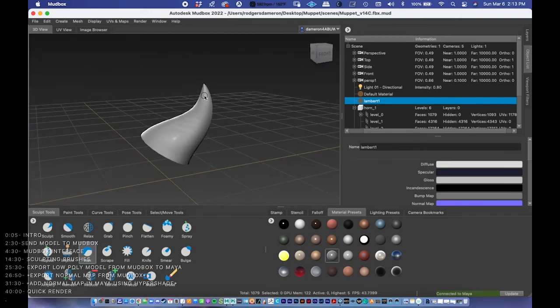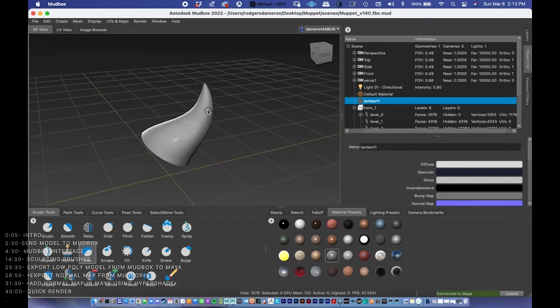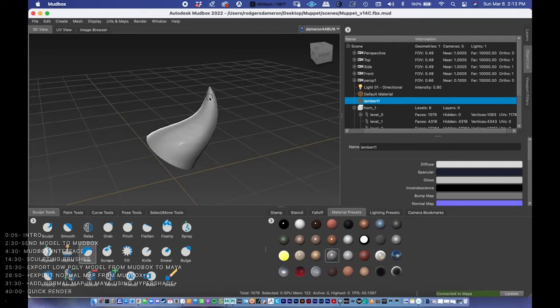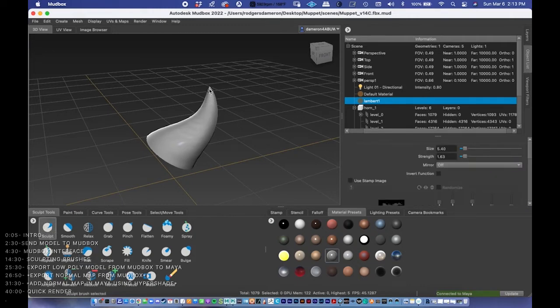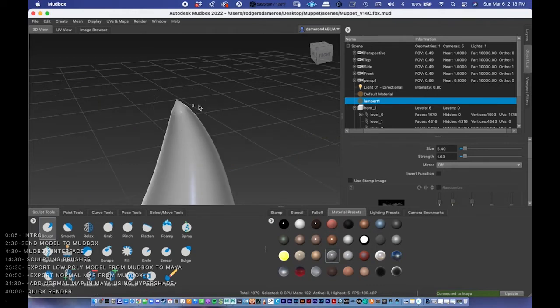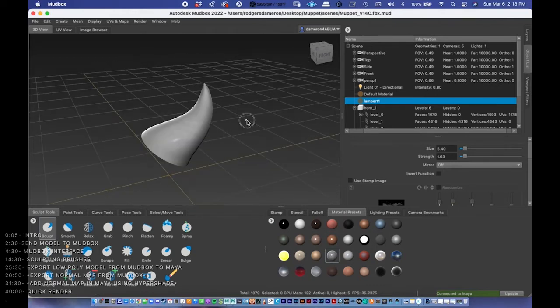If you want to zoom in on the model, you can press F, and F zooms in on the model relative to how big your brush size is. So if I'm on the sculpt tool, the brush size looks like that, and I'm going to hover it over the tip of the horn and press F. You see it focuses right in on the end of the horn,